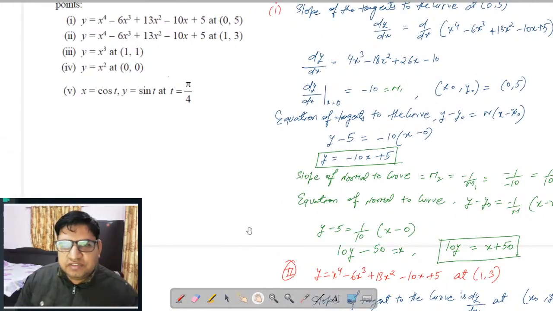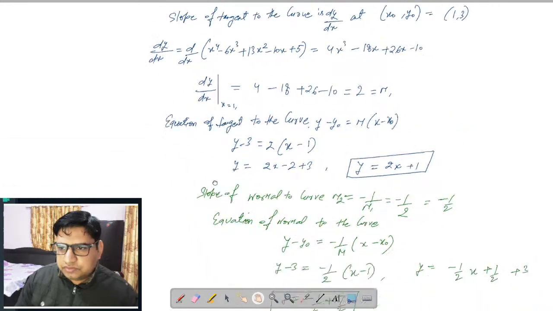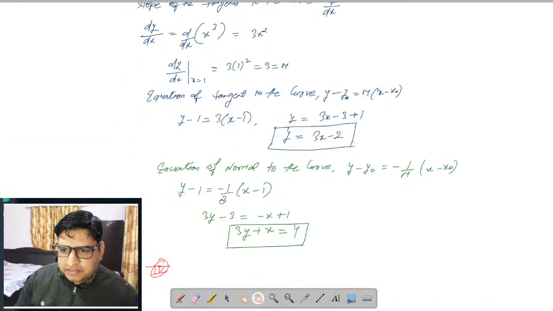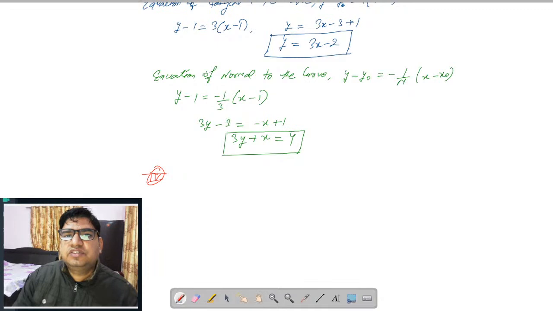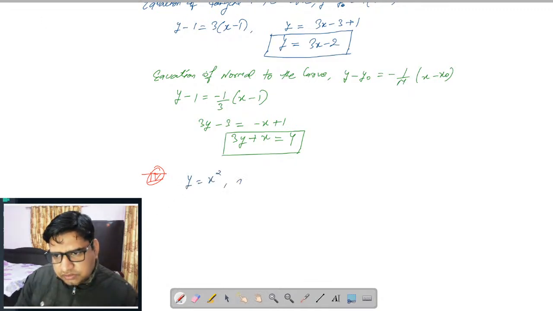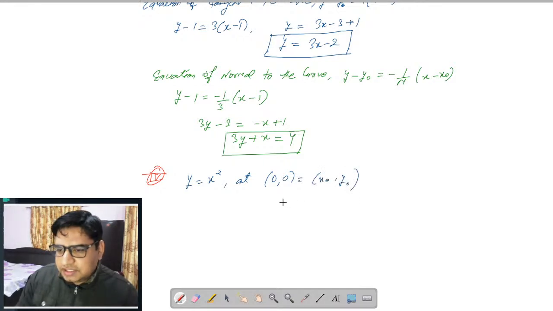So here we have y is equal to x square at 0 0. We'll see how it goes. So 0 0 here is x naught, y naught. These are the point. So we'll simply write the slope of the tangent,